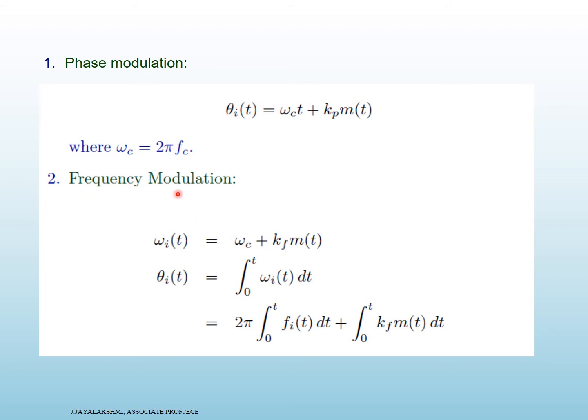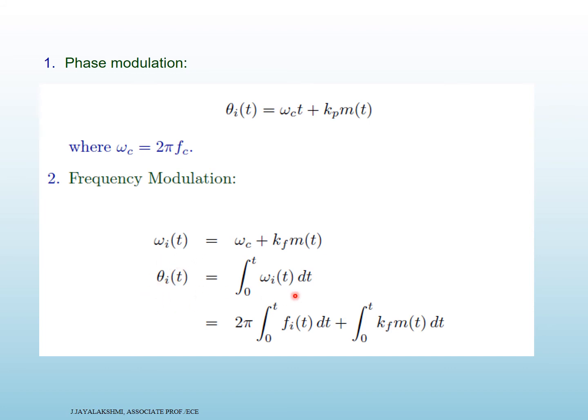Coming to the frequency modulation, so you are going to vary the frequency. The angular frequency is omega i of t, which is omega c plus kf m of t, where kf is going to be the modulation index of the frequency modulated signal, Kp is the modulation index of the phase modulated signal. So, everything is going to be based upon the baseband signal m of t,